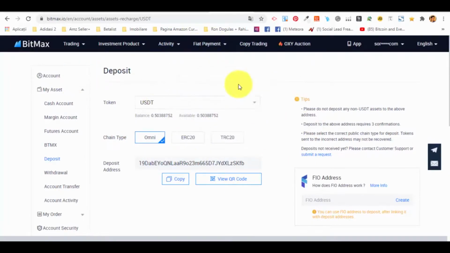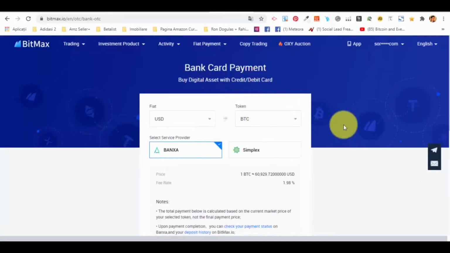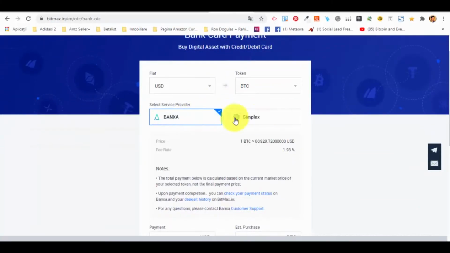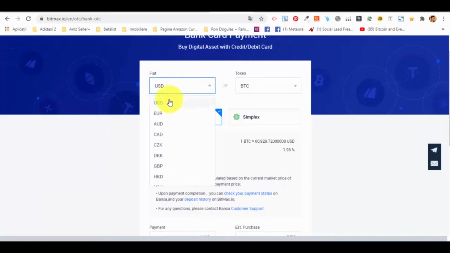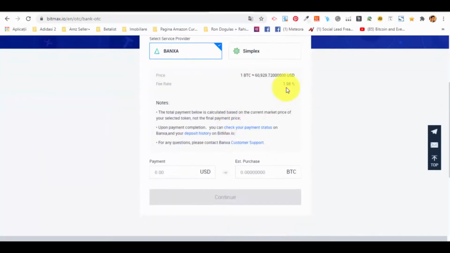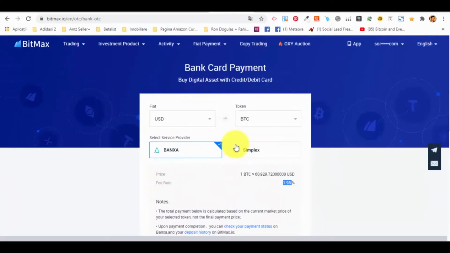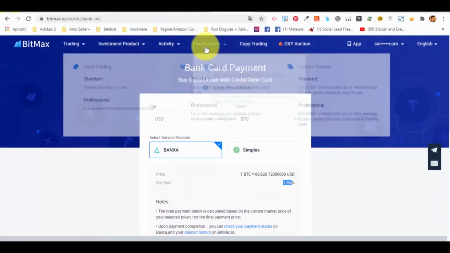You don't have it directly in your wallet, you just go to the fiat payment and you have bank card payment, and you can use two providers, and basically from here you can make the switches. It will take a 2% fee rate, and you just buy the coins that you want. And after that, because that's what we want to show you,